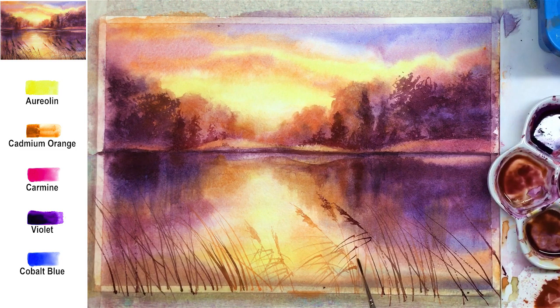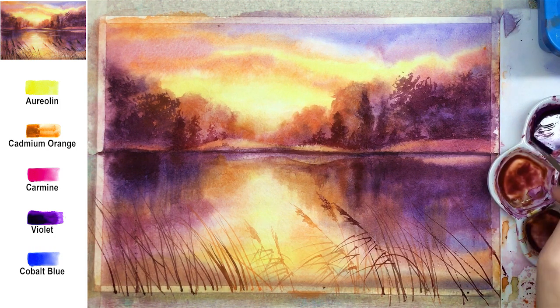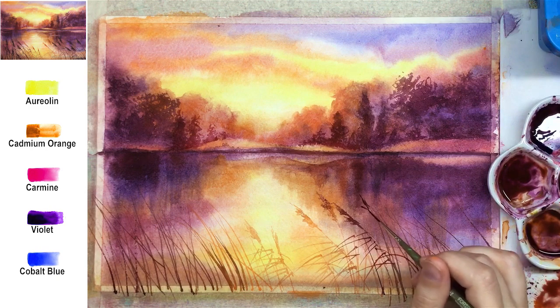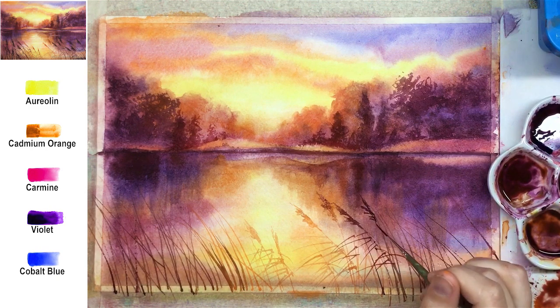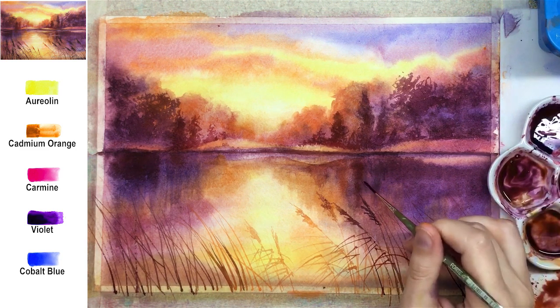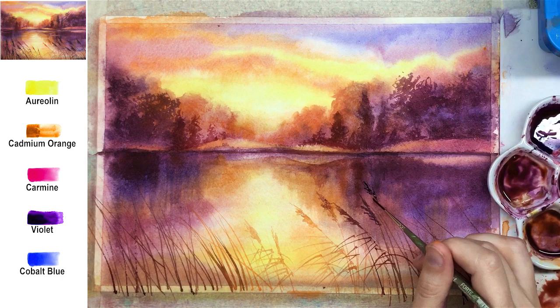And the leaves also need to be darker here. So same mix, orange and carmine, with maybe a little bit of violet as well. Some lines can be more curved, but in general, the whole group of plants has the same direction. It's going from the right to the left with a slight angle. It's giving some extra touch, maybe a feeling of wind, like it's very, very soft